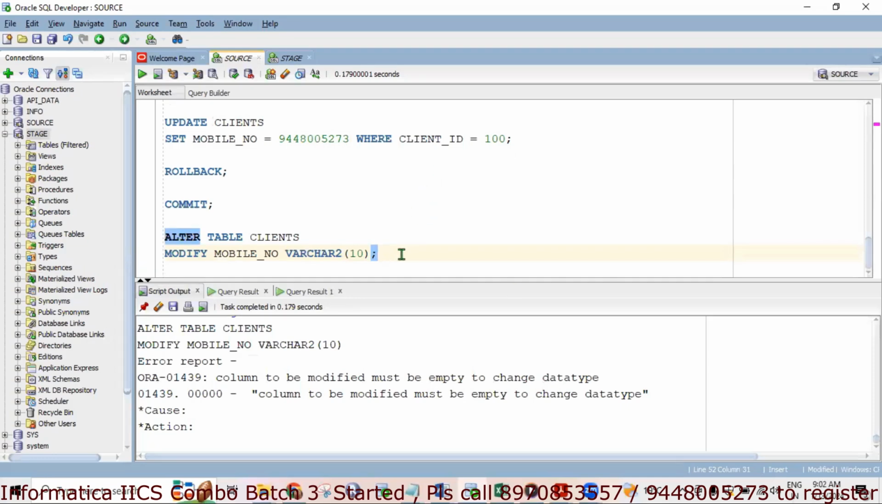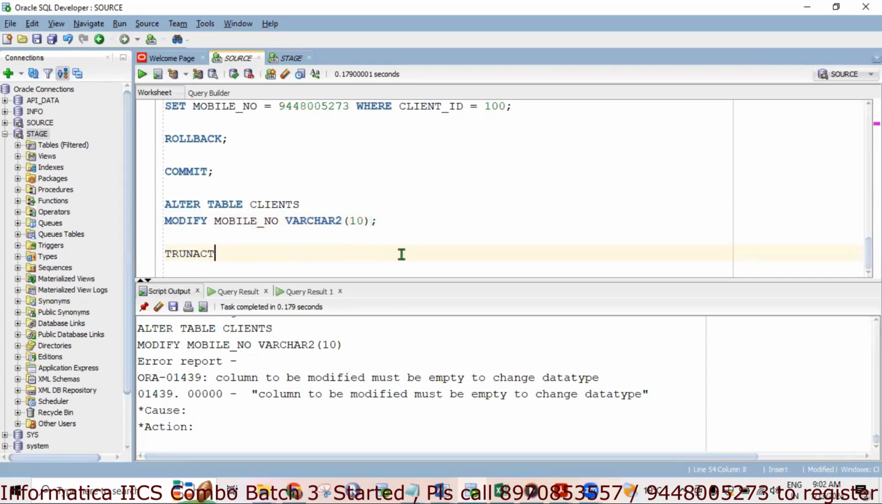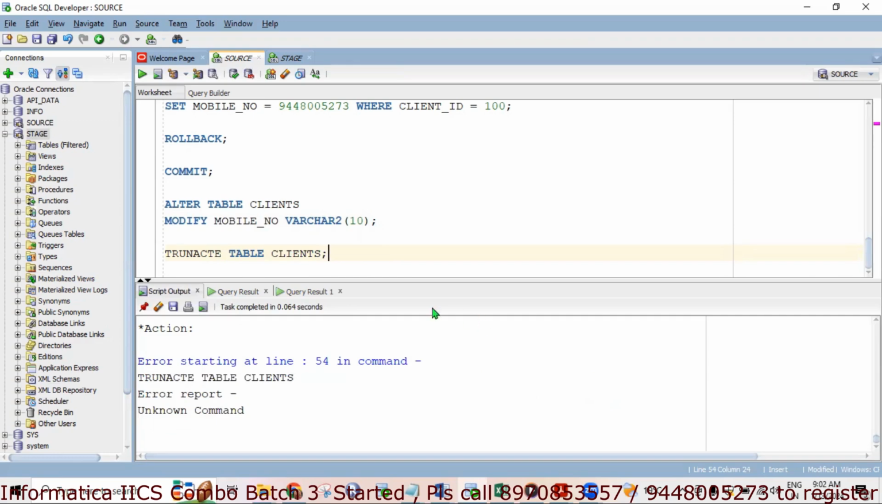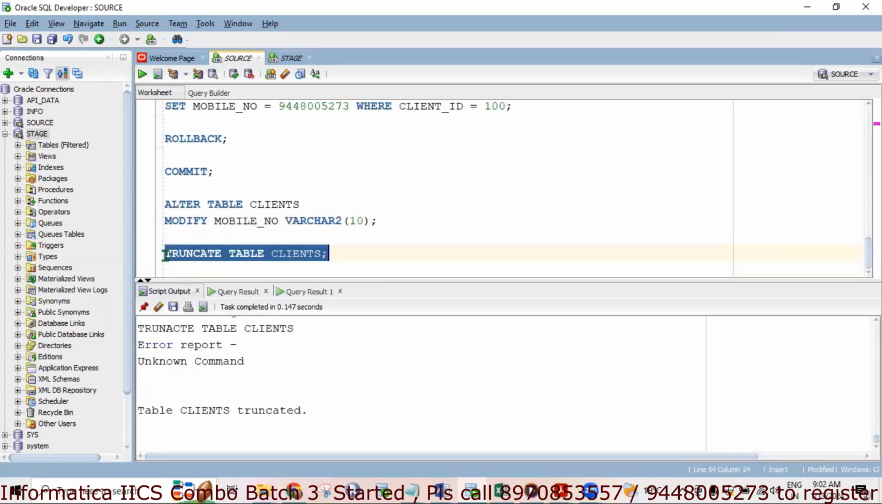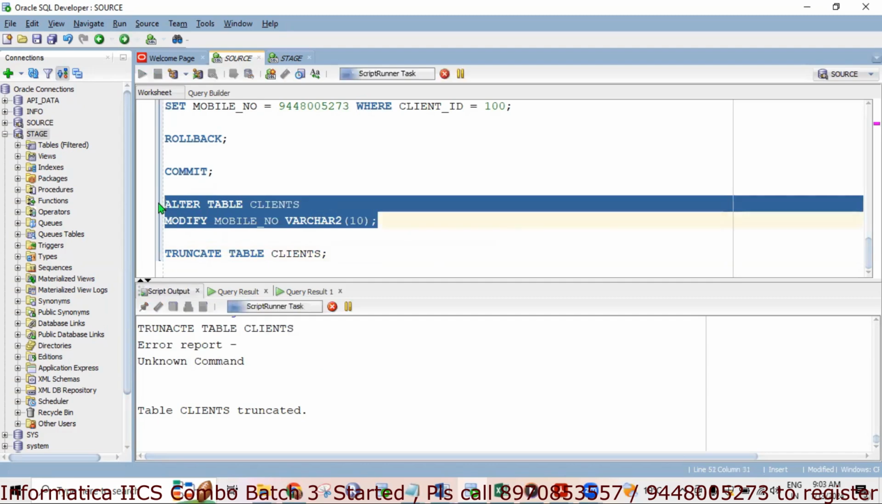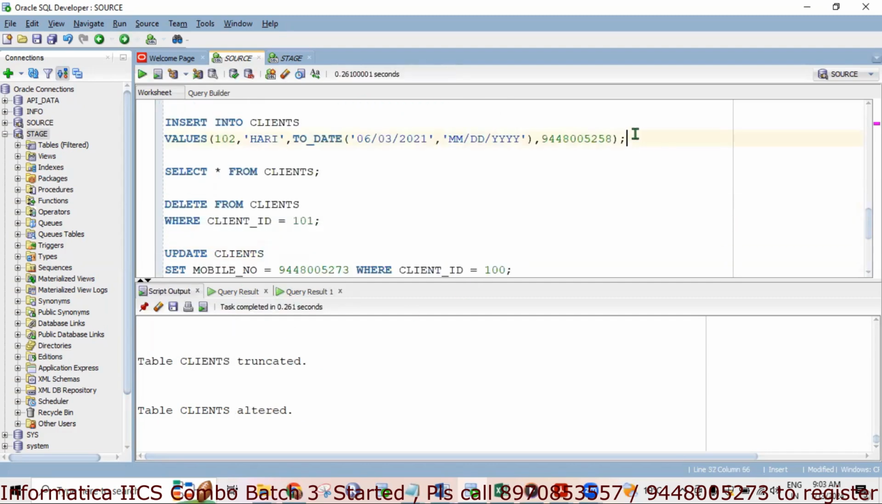Let me make it empty, truncate. Truncate table clients. Sorry, truncate, some mistake is there. Truncate table clients. Truncated, okay? Truncated means your data is gone. So now I'm going to modify this. This mobile number is varchar2 now. It is altered. If I go and try to insert,